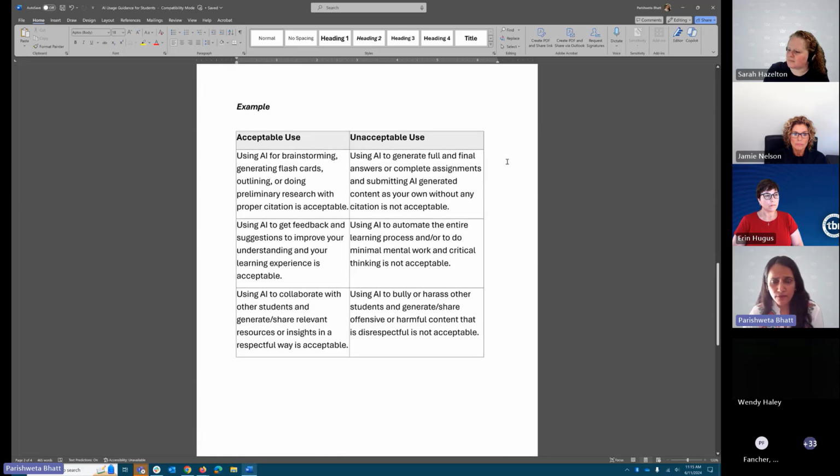For example, you can provide more guidance to students saying it's okay to use AI to brainstorm, to generate flashcards, to outline, to do any kind of preliminary research, with proper citation. But if you're using it to generate full and final answers or passing off AI work as your own, then that's not acceptable. Sometimes having that in black and white really explains things,